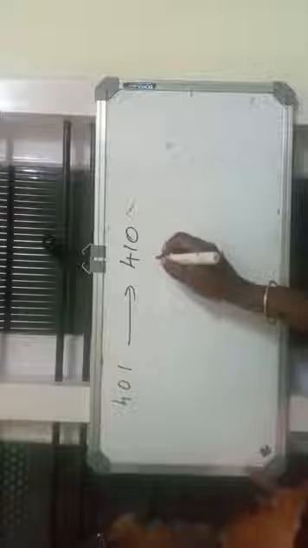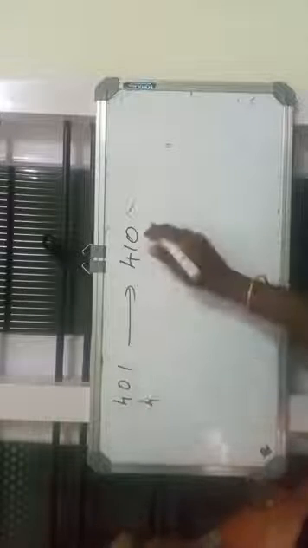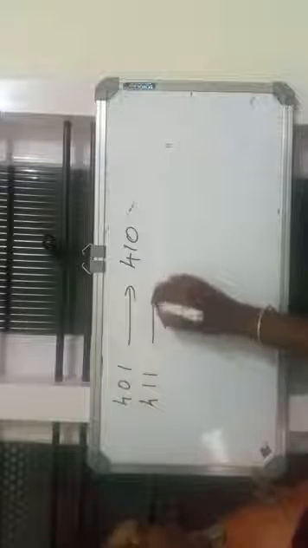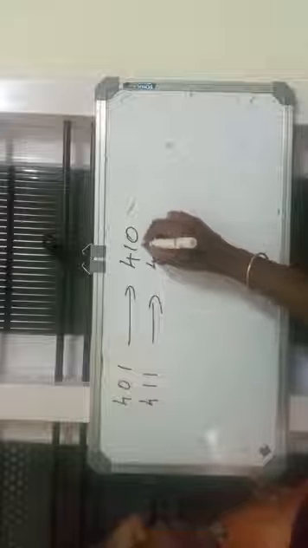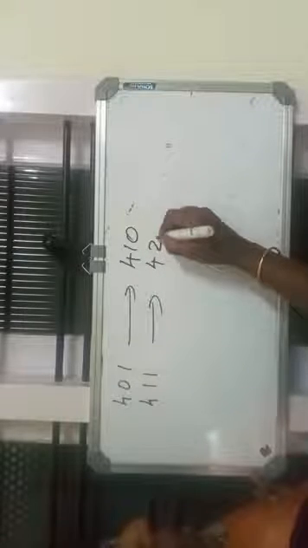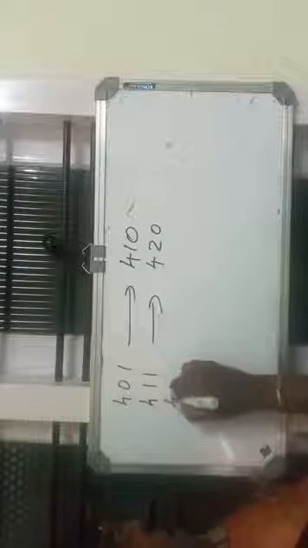Like this you have to write 411 to 420, 421 to 430. Next 411 to 400, here it is 10, here it is 20,